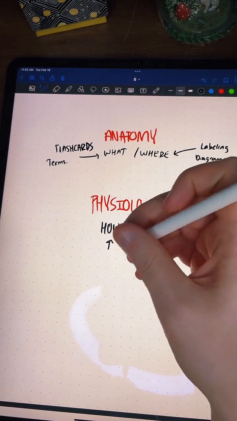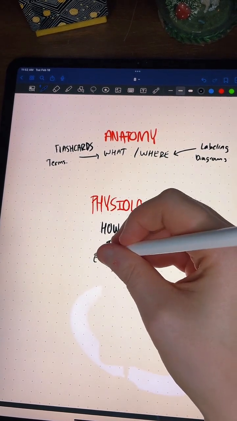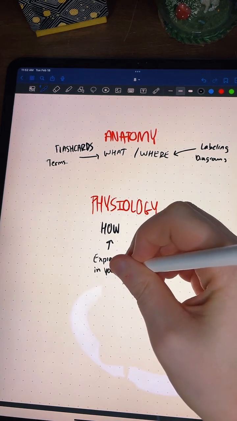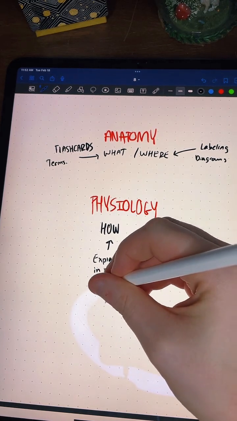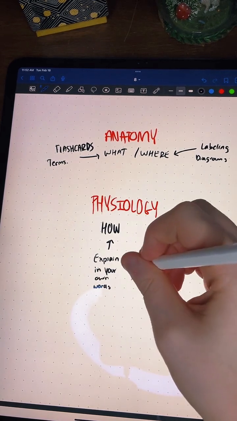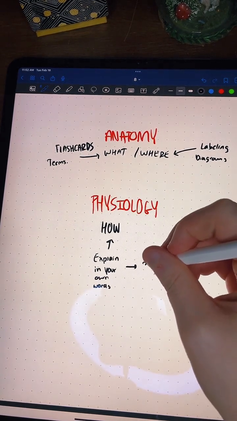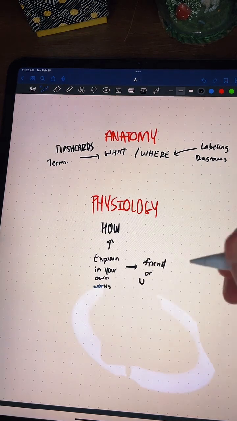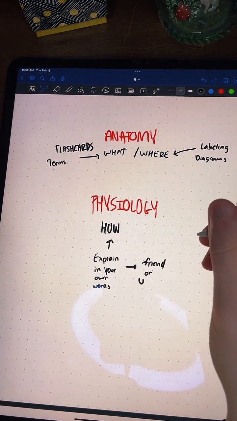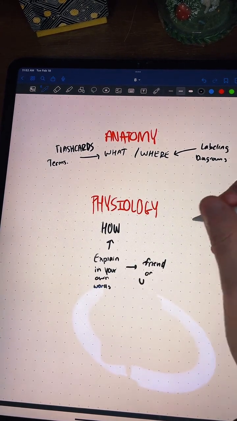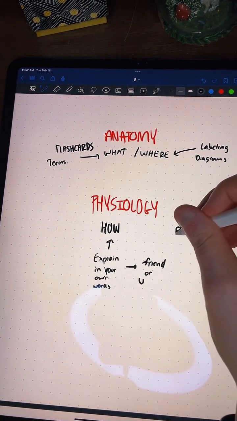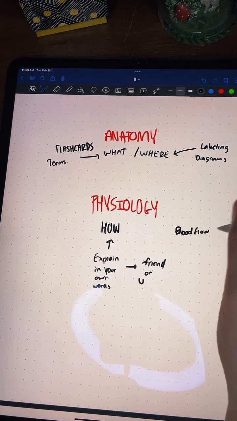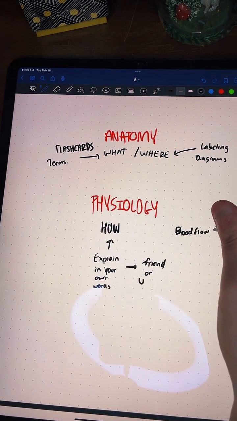And then how. The way that I do that is I try to explain. You should be able to explain in your own words, and you can do it to a friend or just to yourself. So let's just use blood flow as an example. If I'm going to learn about blood flow through the heart,